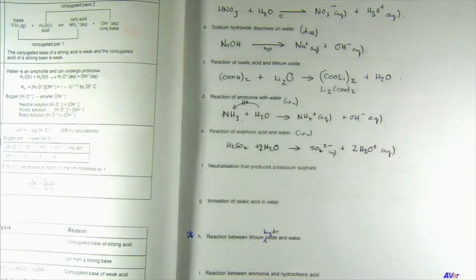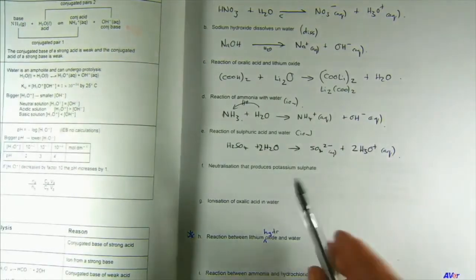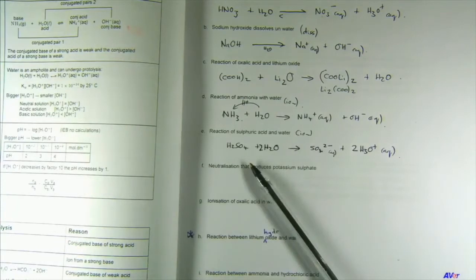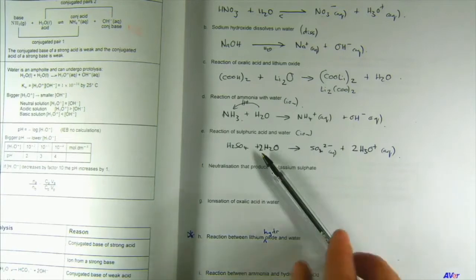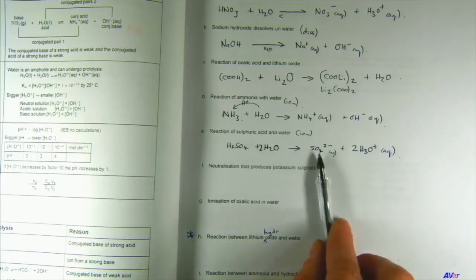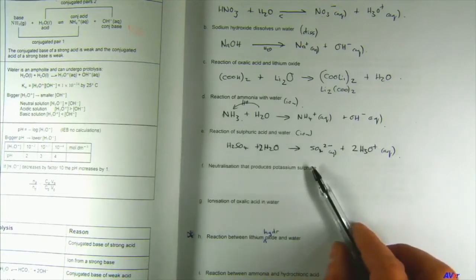Now guys, there's a little bit of confusion about this one. In reality, sulfuric acid is strong and it always gives off the first hydrogen. But then you end up with something that doesn't always give off the second one. So some teachers like you to write just giving off one. But for all the things that we have to do, all the pH calculations and so on, you have to take it for granted that both hydrogens are given off. So you will have to give off two hydrogens if you want to make use of this one for pH